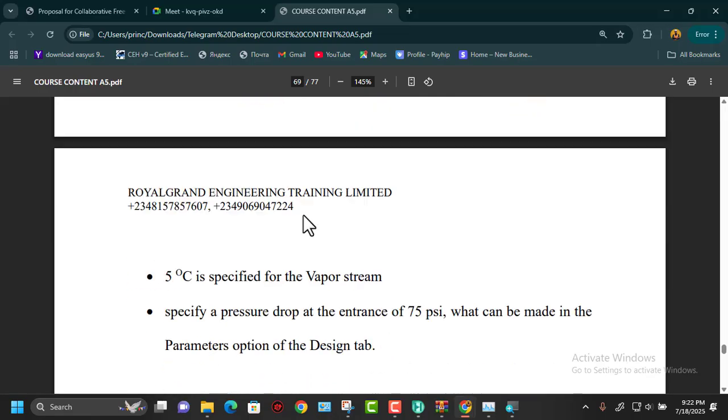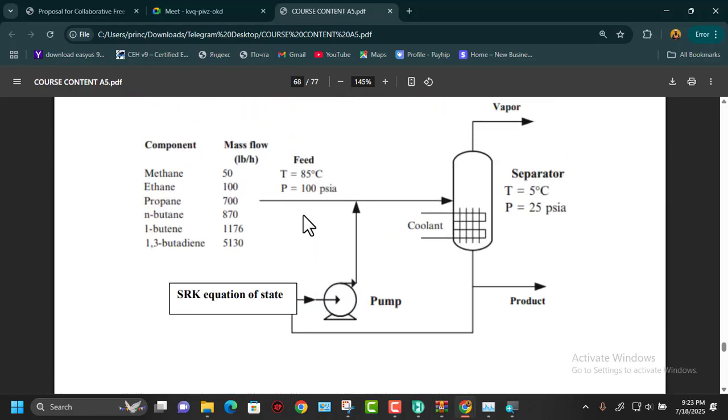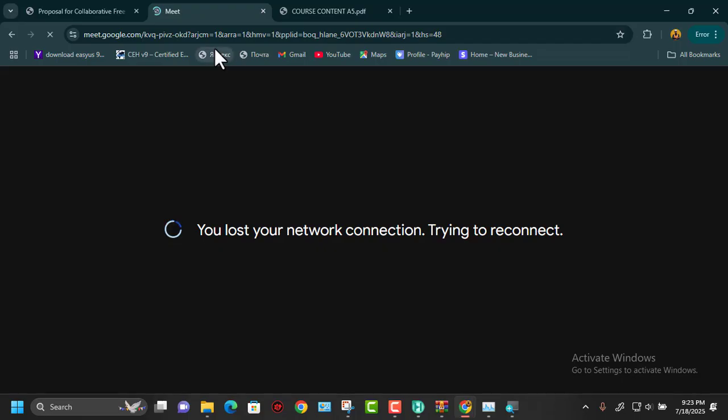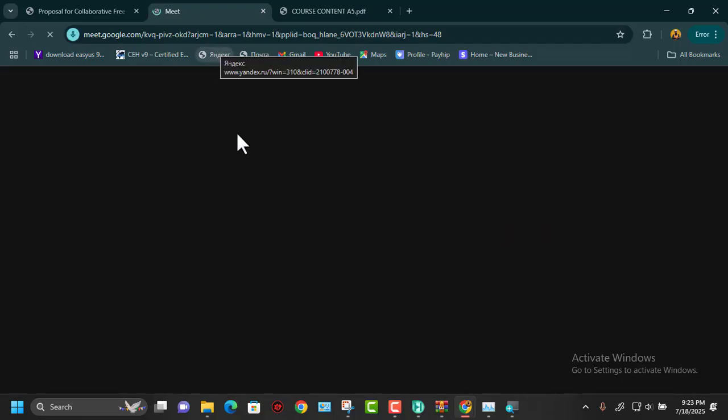So basically, like I said, Aspen Hysys is complex at some point, maybe when you start using heat exchangers and some other advanced tools, like a fractional distillation column. But like I said in the previous class on Wednesday, Aspen Hysys